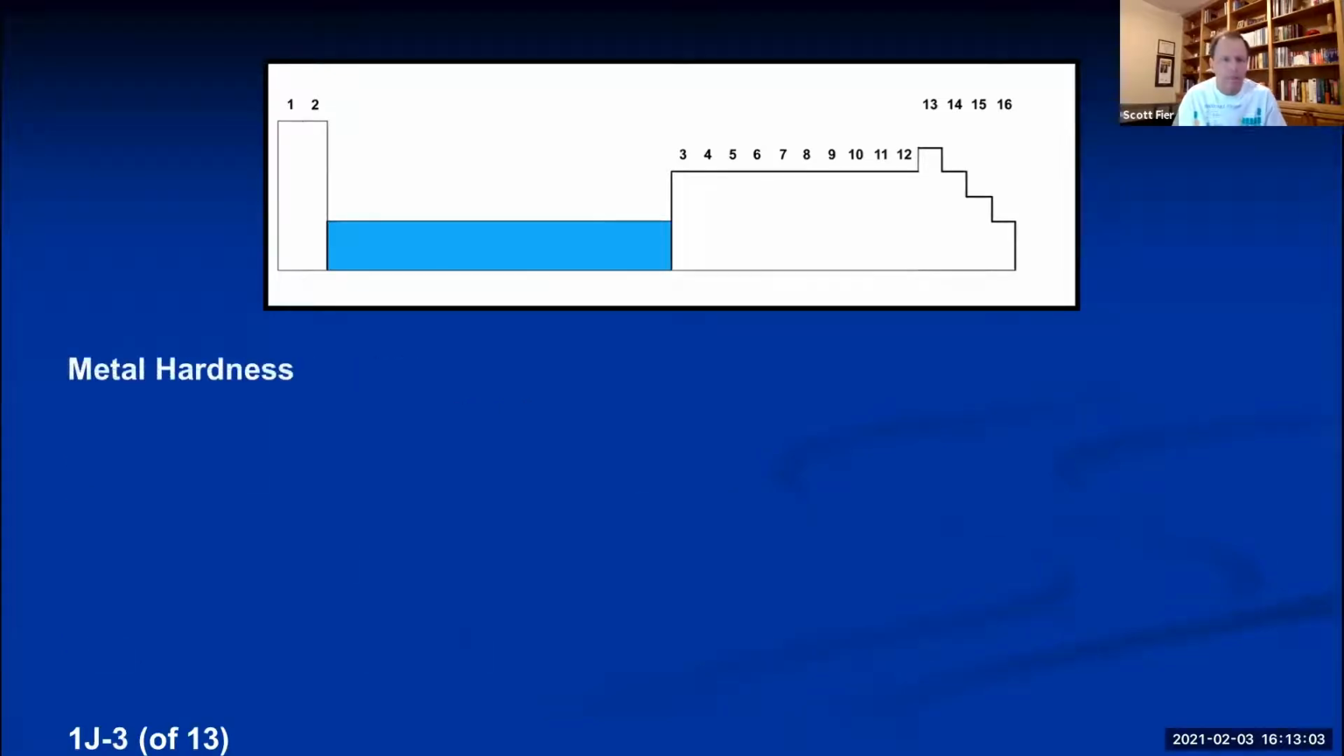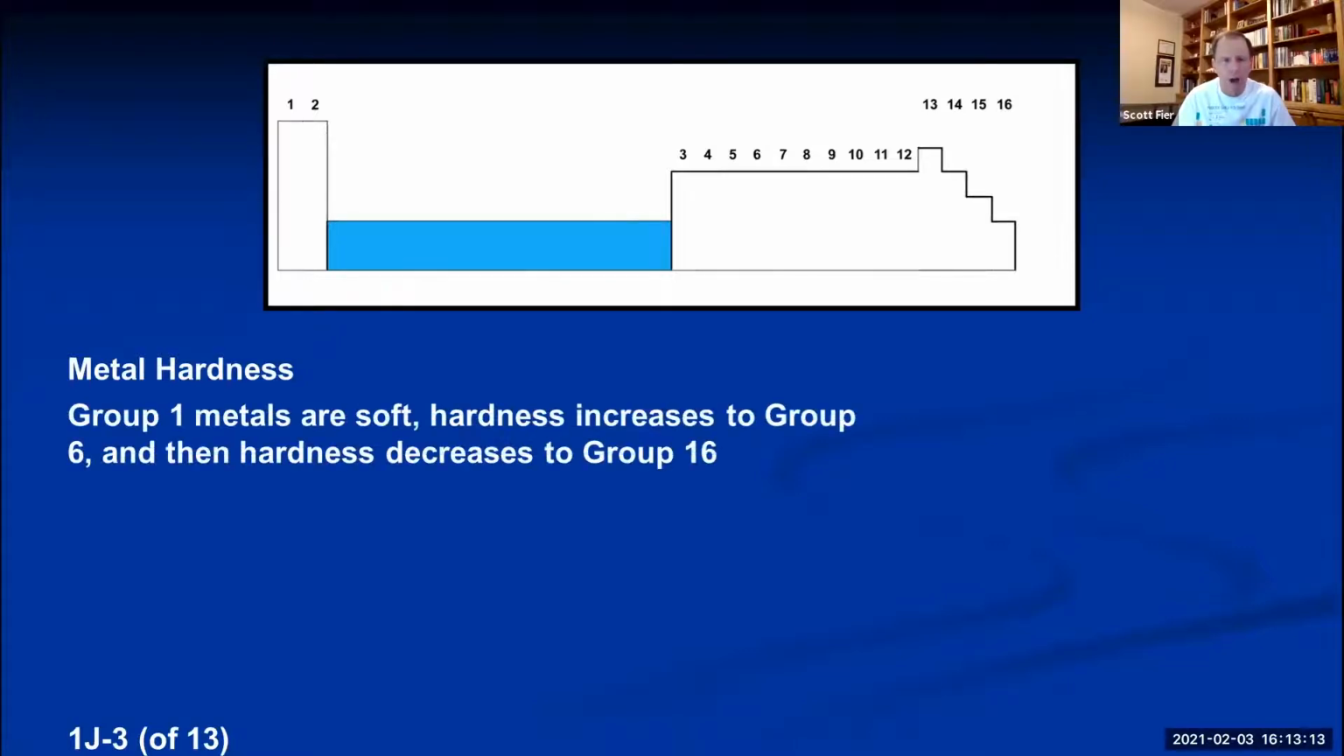Now, I'm going to show you some trends on the periodic table I want you to be familiar with. Metals vary in terms of their hardness. All metals are not really, really hard. Some are actually really, really soft. The group 1 metals in the first column on the periodic table, lithium, sodium, potassium, those are really soft metals. You can actually cut them with a knife. They're like cheese. But as you move from left to right across the periodic table, the metals get harder and harder and harder until you get to group 6, where these are the hardest metals of all. And then when you go past group 6, then the hardness starts to decrease and the metals get softer and